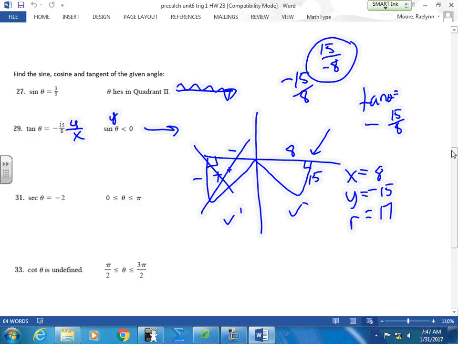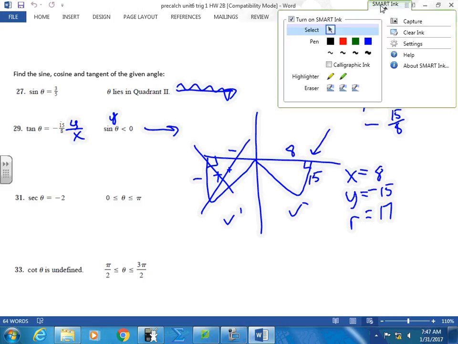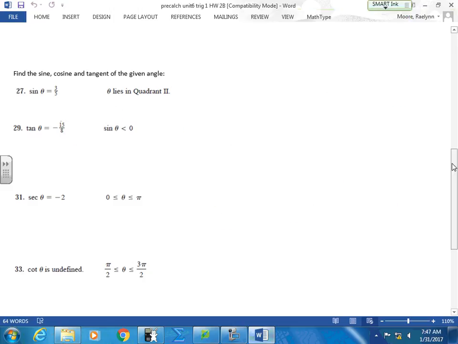Okay? And then you can find your cosine. What did they ask you for? Sine and cosine and tangent. You guys can find that, right? Use these pieces. Okay, and the last part,